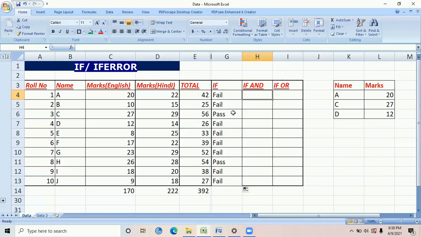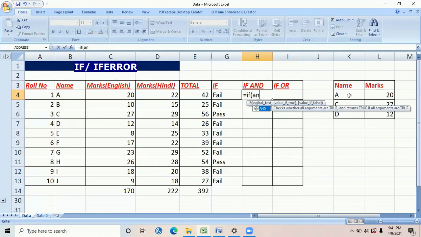I want that if my marks are greater than 25 in both English and Hindi, then I should get the result if true as pass, and if it is not true then as fail. So let me take you through the IF AND function with this particular example. IF, and then I'll put AND. Now I want my marks to be greater than 25.